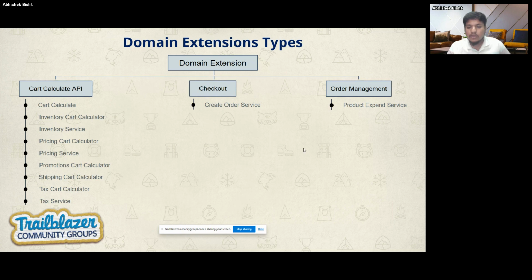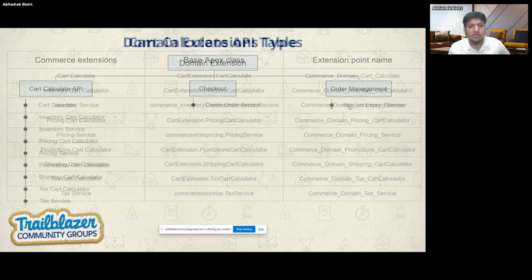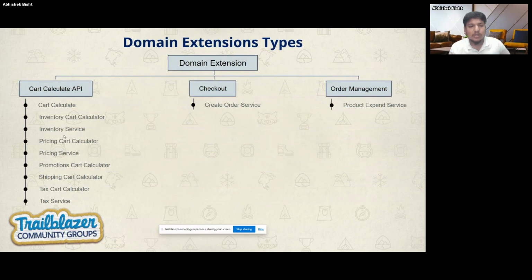And then we have the order management. So this manages the entire order management stuff. Now we have some things in the cart calculate API. So we'll go through this section today. Okay, the cart calculate API,